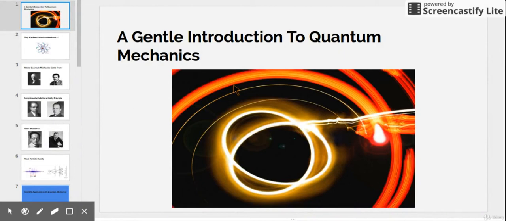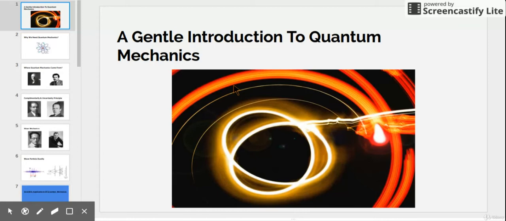mechanics. The purpose of this course is to understand various things about quantum mechanics, starting from the very beginning. No prior knowledge of quantum mechanics is assumed. All we need is to keep an open mind and to try to understand this fascinating science known as quantum mechanics. In this course, we'll cover various questions about quantum mechanics, starting with what is quantum mechanics, why we need it to explain things at the microscopic scale.